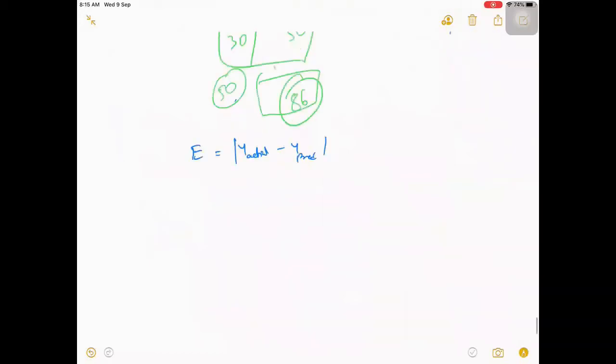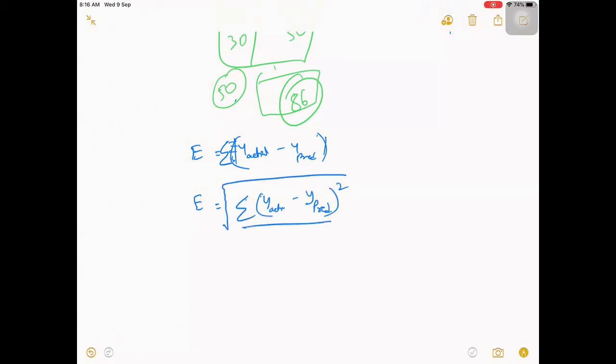Usually the error is the sum over all values, but actually in real cases, for every value we take y actual minus y predicted, take the square of that, sum the squares, divide by the number of values, and then take the square root.